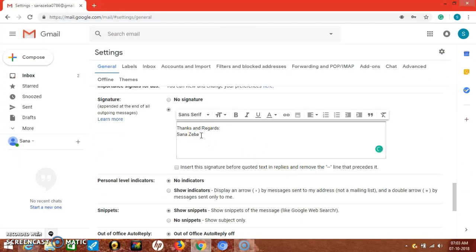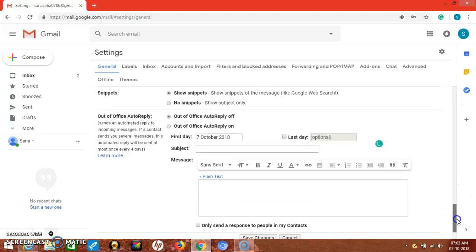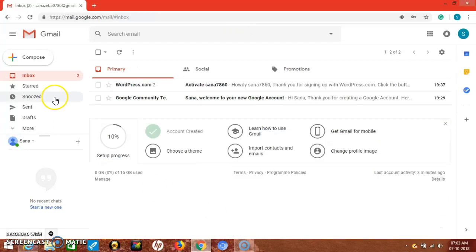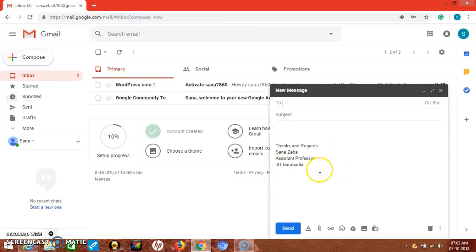enter the designation. Suppose my designation is assistant professor and JIT Barabanki. Now after changing, we save the changes. Then after that we see that the signature is Sanazeba and assistant